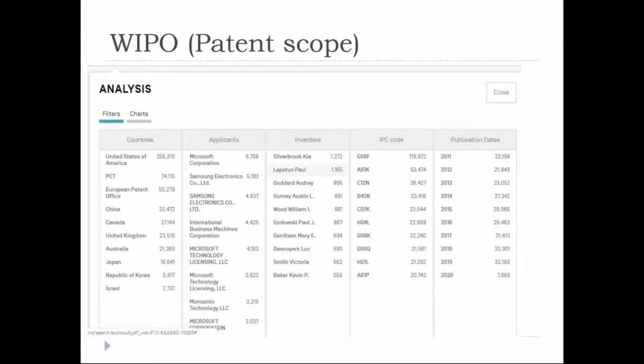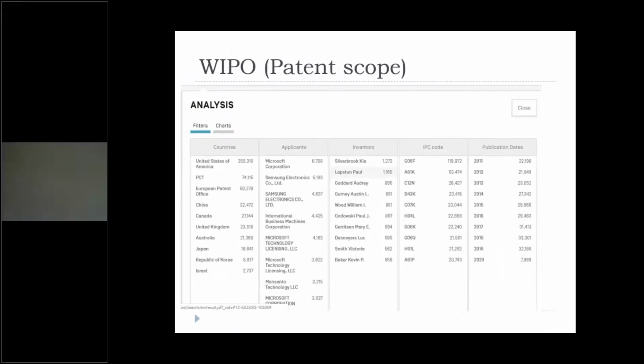So it's very simple. Initially, that's why I started with this screen. Once you enter the WIPO screen and give your specific keywords, and if you run the search, on top itself you could find the analysis tab, right? In that analysis tab, if you just click on it, you could see the screen appears in this fashion, right?